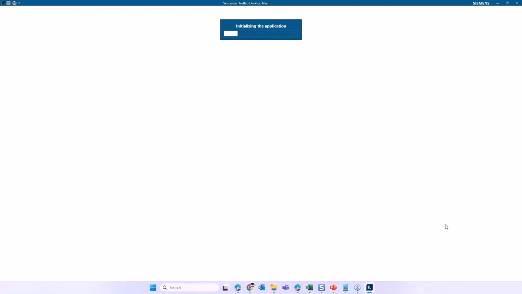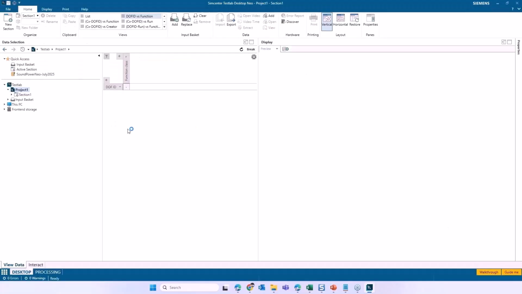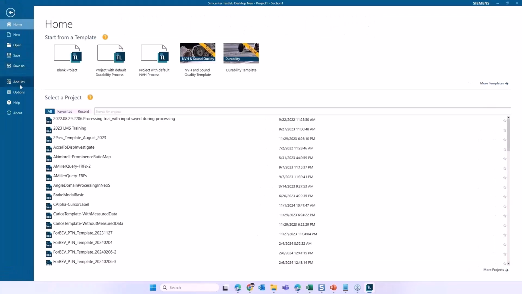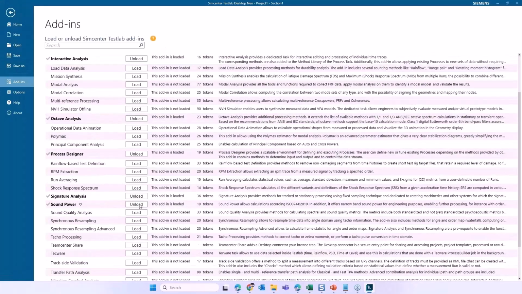There is an add-in specifically that we are going to use called Sound Power. I'm starting from scratch so that I can walk you through the process step by step. I need this add-in for Sound Power. So if I go to File, Add-ins, that is where I have added this Sound Power.